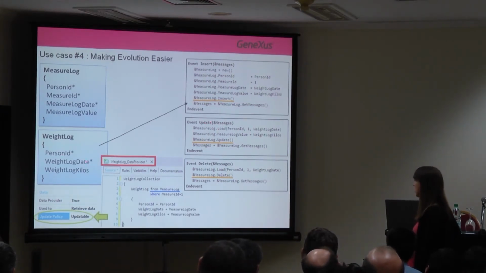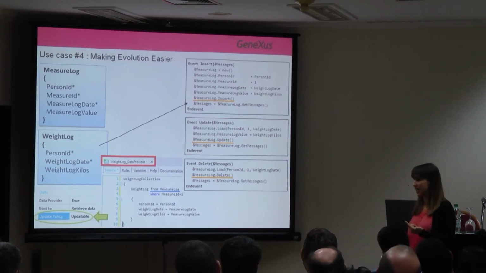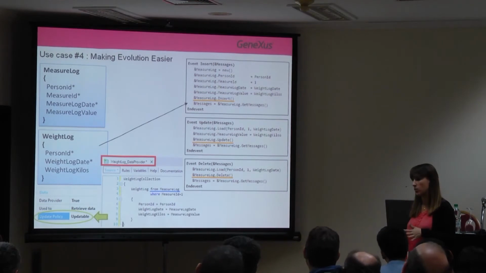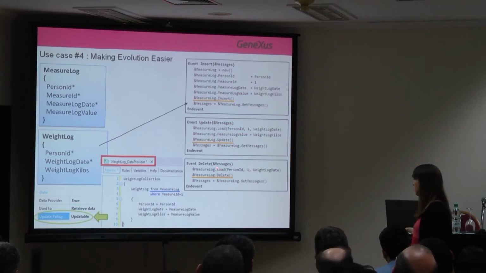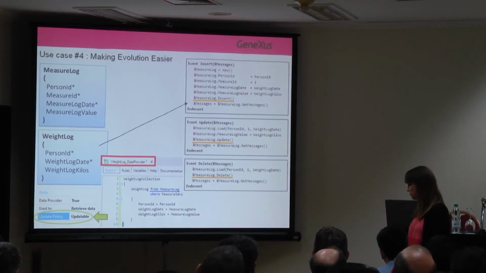Here, in the case of the update, I put load, so here I have a key, and I do load in the business component, putting the whole key and 1 to complete it. And then I change the kilos for the measure and I update. And in delete, I load and delete. With regard to the delete method, what I have to tell you is that it has not changed because it's a method that already exists and not like the insert or the update. Collections does not apply. It is necessary to load. And this is so that the errors come up in the error viewer.